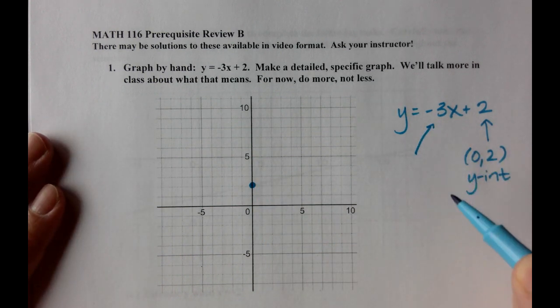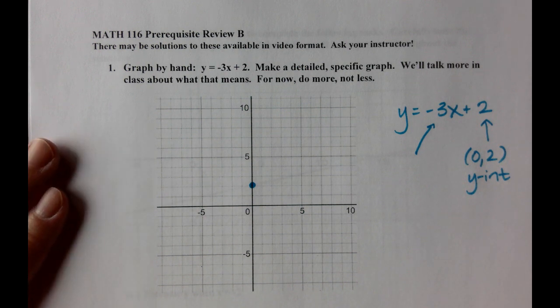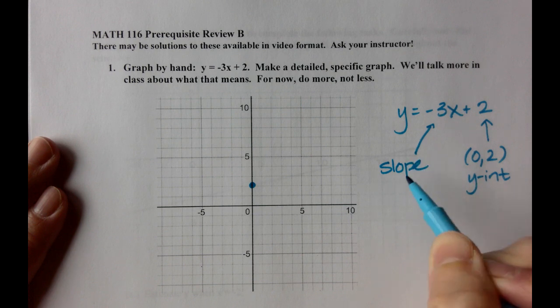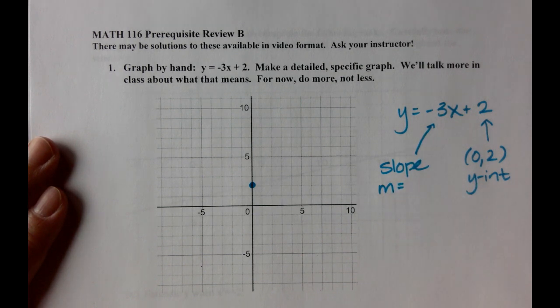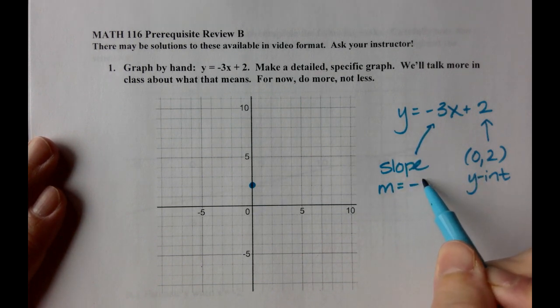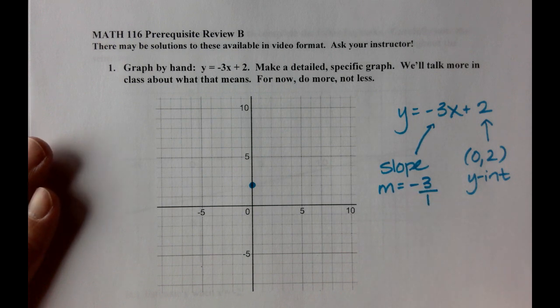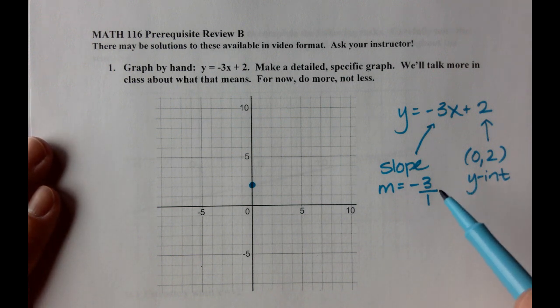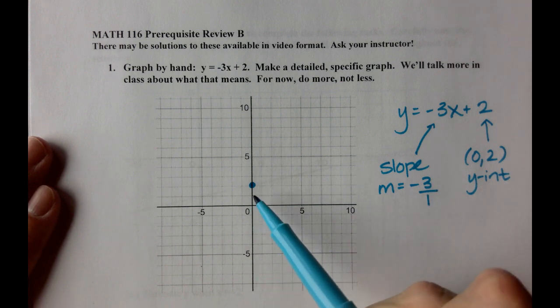This negative 3, the coefficient on x, is the slope of your line. We use m for its symbol. You can write it as negative 3 divided by 1, or negative 3 over 1. And this, remember, is rise versus run. So this would indicate that we would want to go negative 3 in the vertical direction from our starting